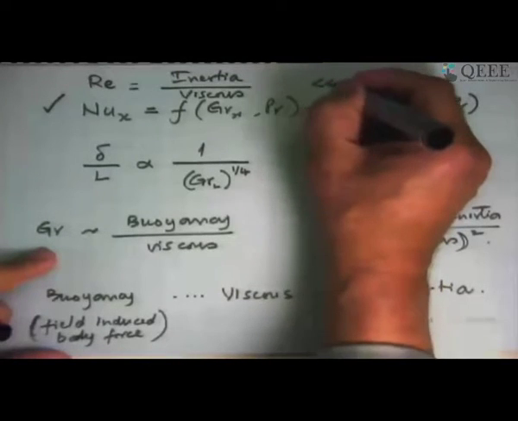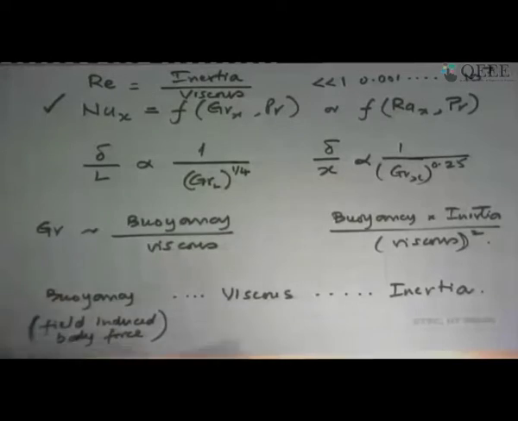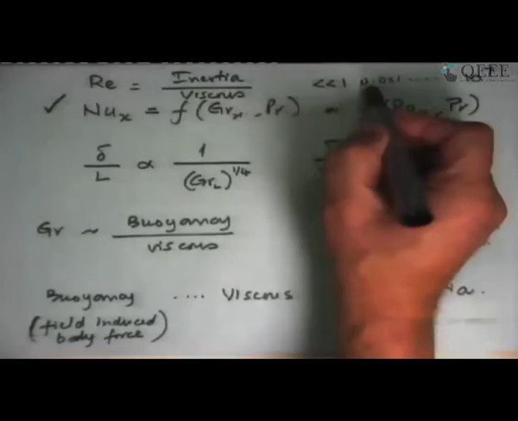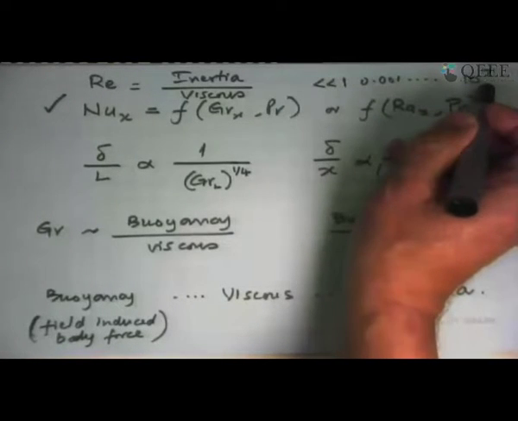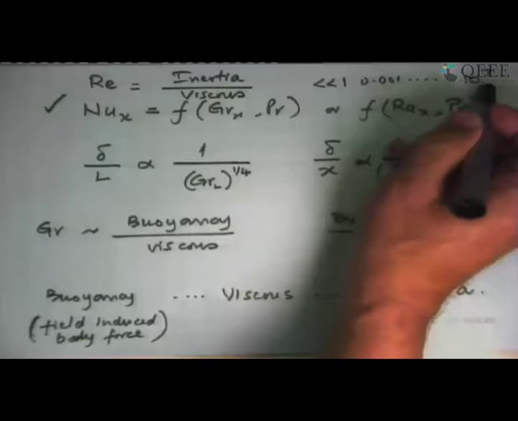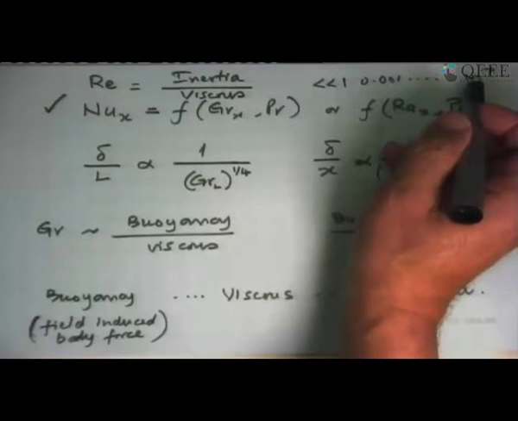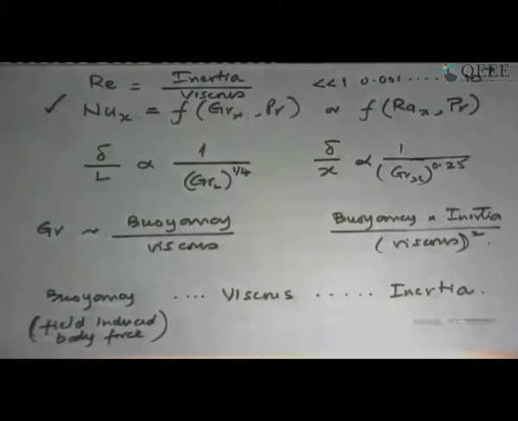And there we had extreme cases where Reynolds number is very much less than 1. You could start with Reynolds number 0.001, and in practical applications you may go to Reynolds number 10 to the power 7, 10 to the power 10. So we have a very large range of Reynolds number that we are working with. At low Reynolds number, viscous forces completely dominate the flow. At high Reynolds number, viscous forces are very weak, not all that important, but they do come into play. Okay, so that was Reynolds number, inertia to viscous forces.